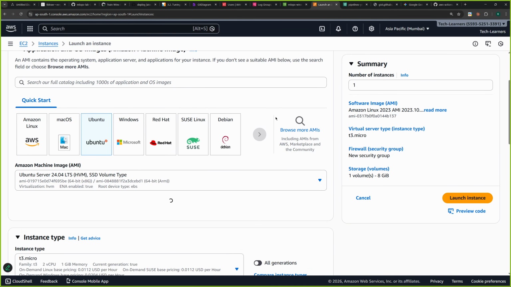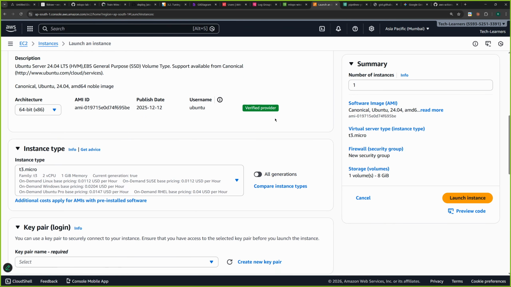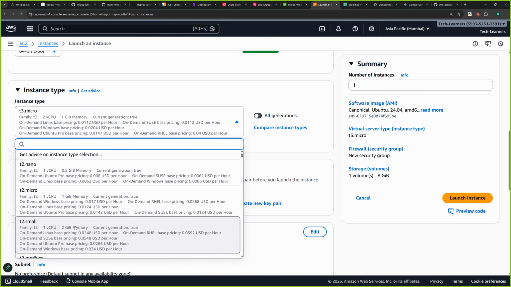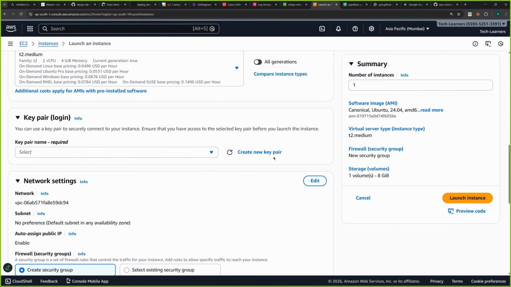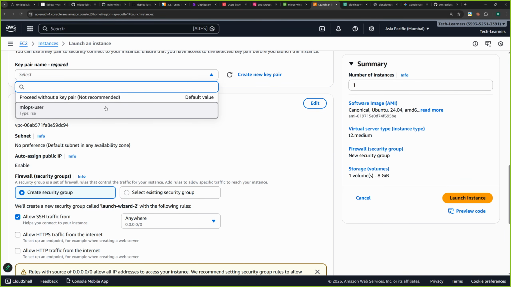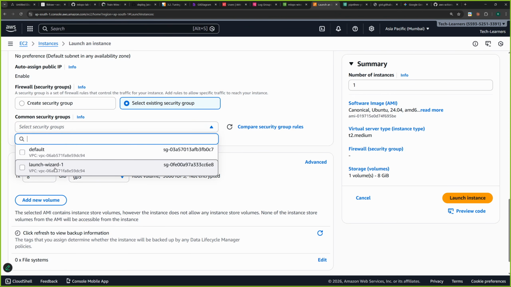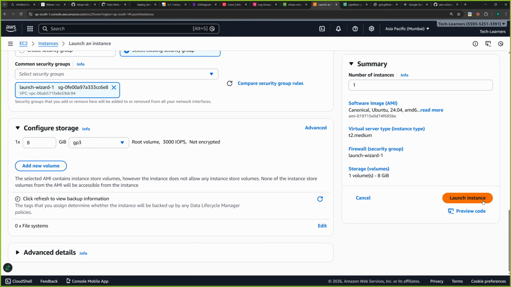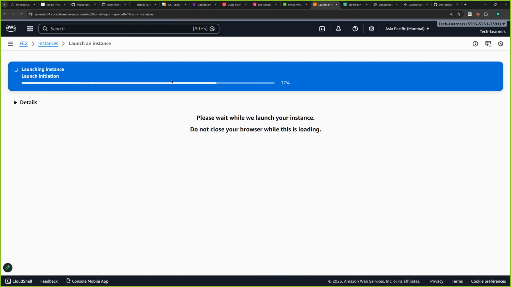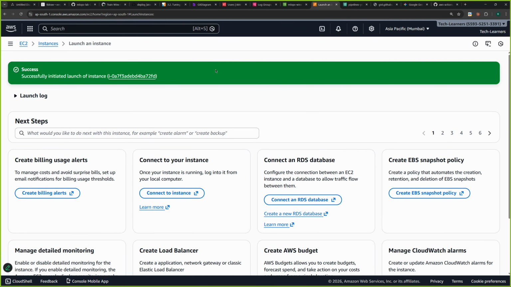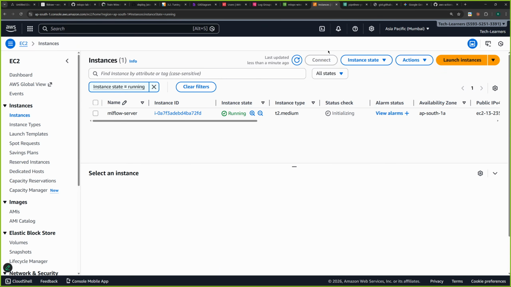Okay, take Ubuntu. Take t2.medium. Create this, use this launch wizard one, and just launch the instance. Until the training job completes and this EC2 instance gets ready,